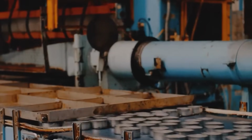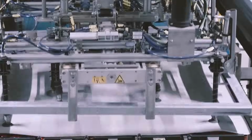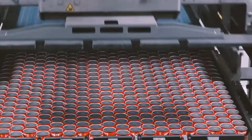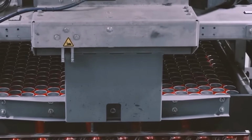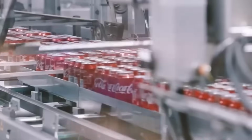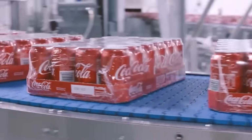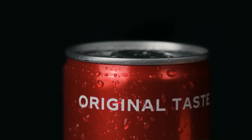The cans pass through a conveyor where they are tightly wrapped in a thin but durable layer of plastic film. This film is then heated in a specialized tunnel, shrinking it around the cans to create a secure and tamper-proof bundle. This method provides stability during transportation while allowing consumers to easily separate